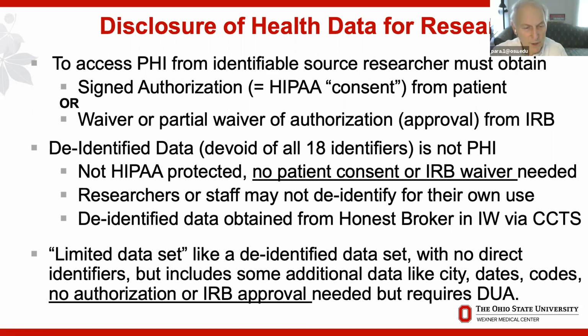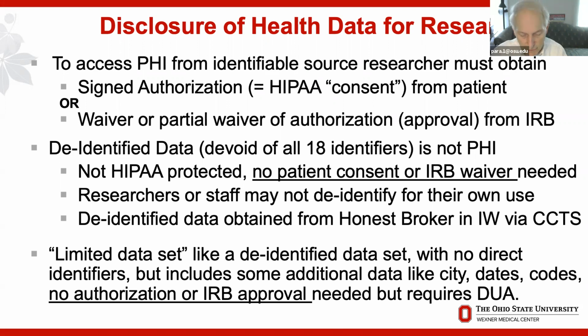Now there's something a little in between called the limited data set. Again, we'll talk more about each of these. It is like a de-identified data set, but you may remember under PHI was all dates and zip codes, as well as a code. On a limited data set, you can collect pretty much a de-identified data set, except it can have dates. And it can be coded. Now, why would you want it coded? Well,